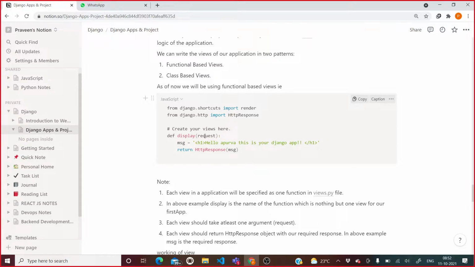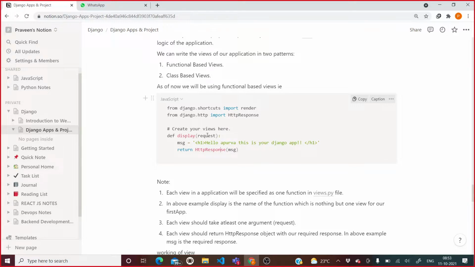What is the request of the end user? Now to that request, what does this function need to perform? This function is going to contain a message and it is returning that message with an object called HttpResponse object. Yes sir. How do you create the request? You just type it there? Request is an object which is provided by the end user.